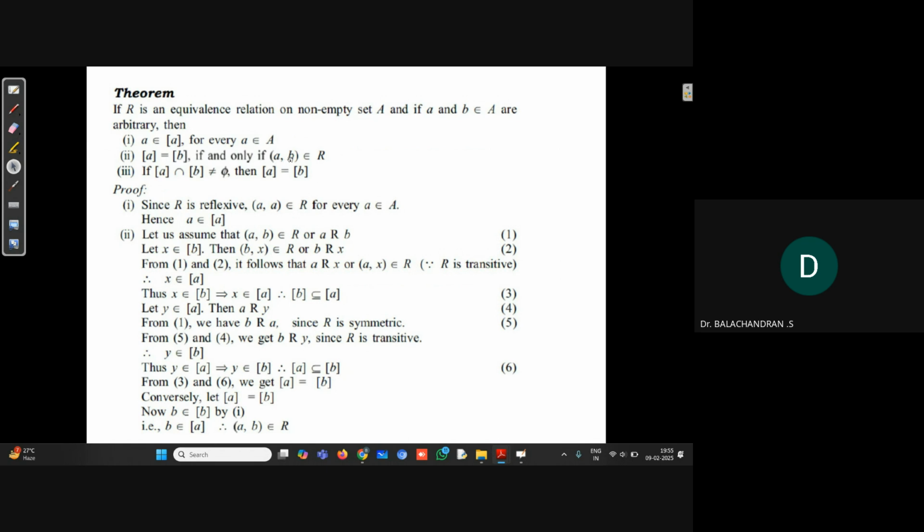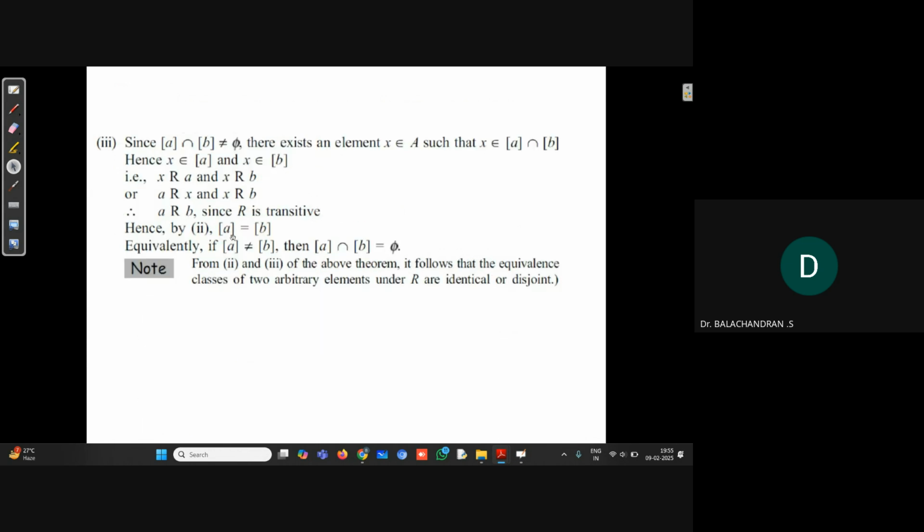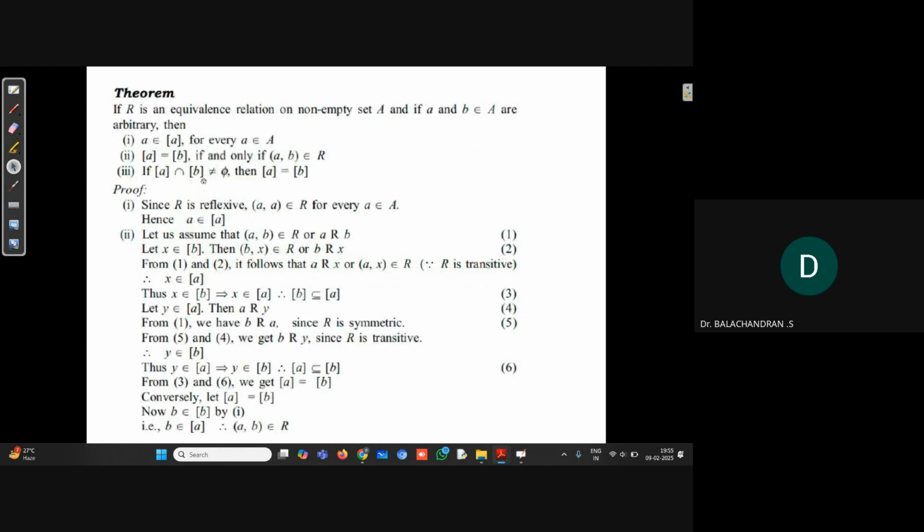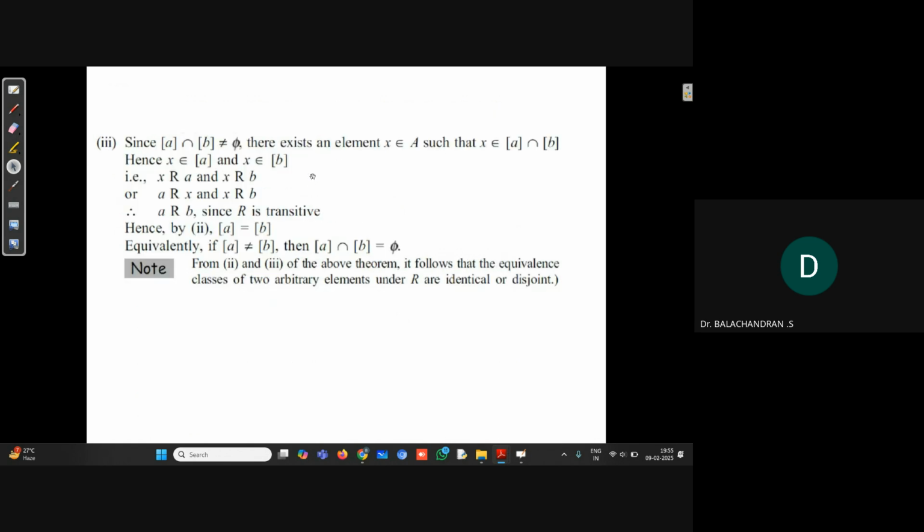When A is related to B, then you can say what? The equivalence class of A is the same as what? The equivalence class of B. Okay, so using that property, when A is related to B, we have the equivalence class of A equal to what? The equivalence class of B. So we want to show that if it is not equal to empty, we need to prove the equivalence class of A is the same as the equivalence class of B. So next,